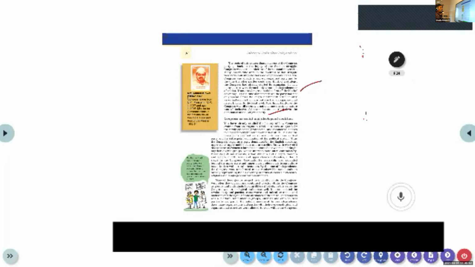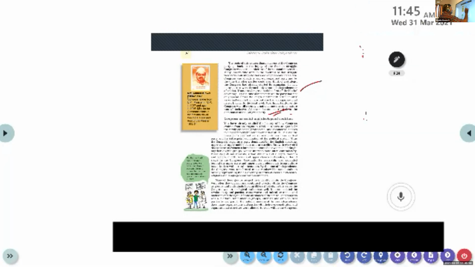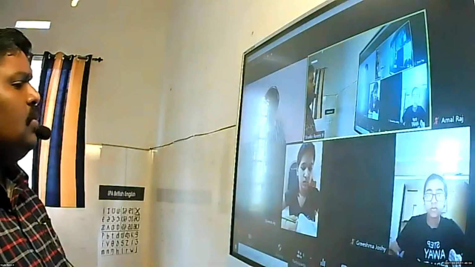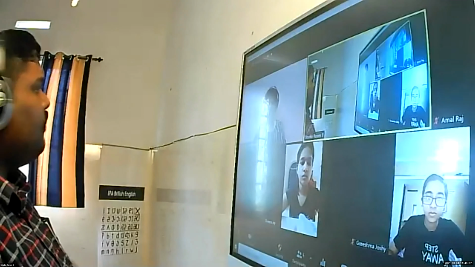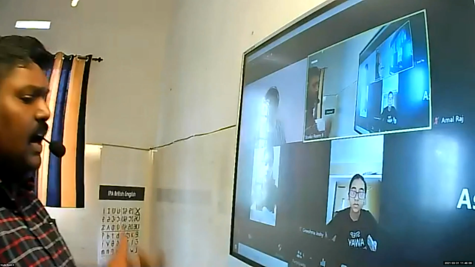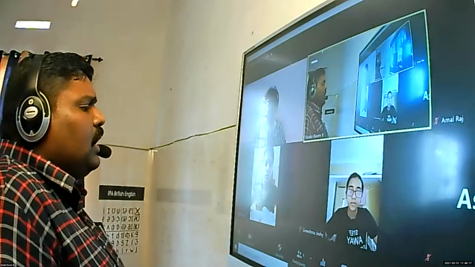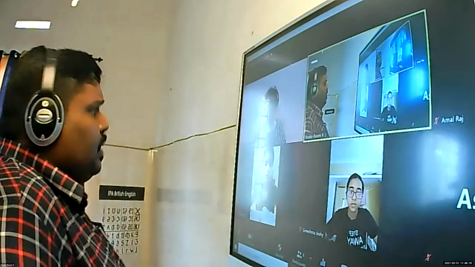Okay, so here, the Congress as social and ideological coalition. Clear? So, what do you mean by ideology? Different political parties in the world have different ideologies. They are running with different ideologies, I mean, plans and programs. Clear? I already told you that some parties run with programs based on